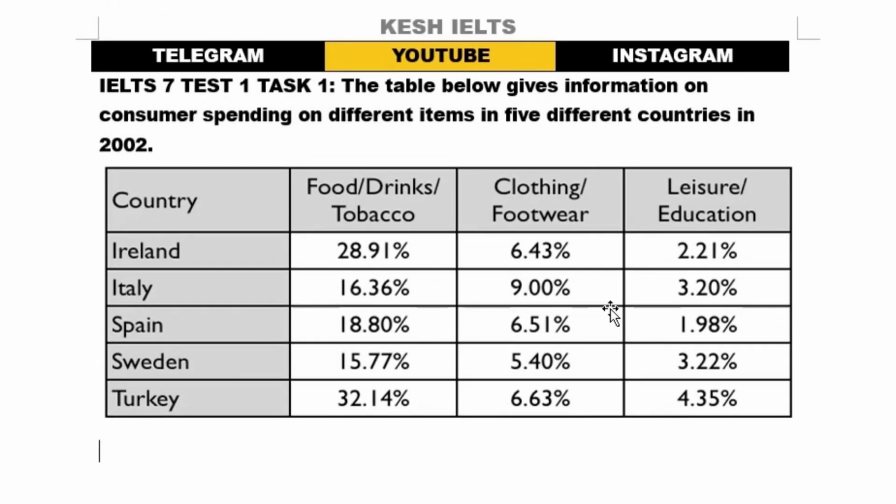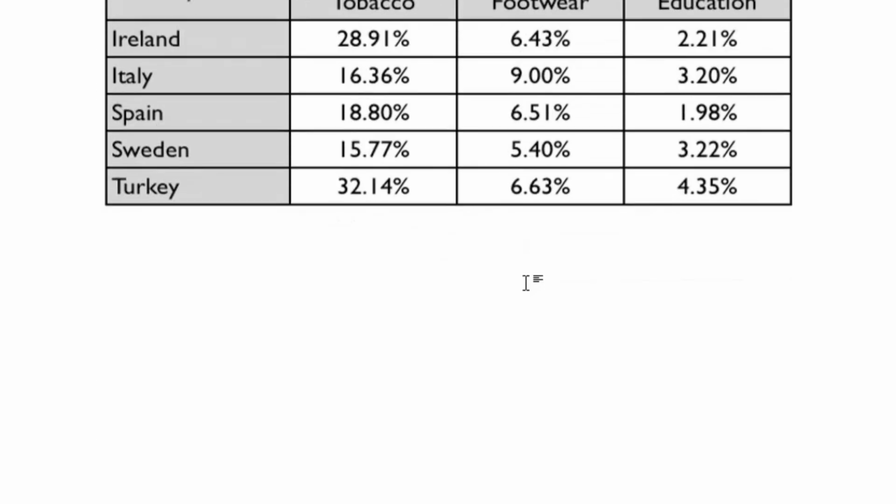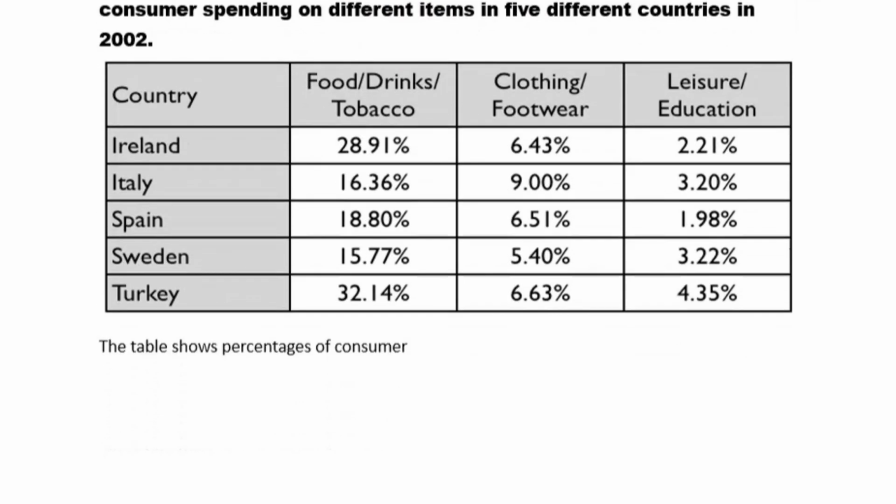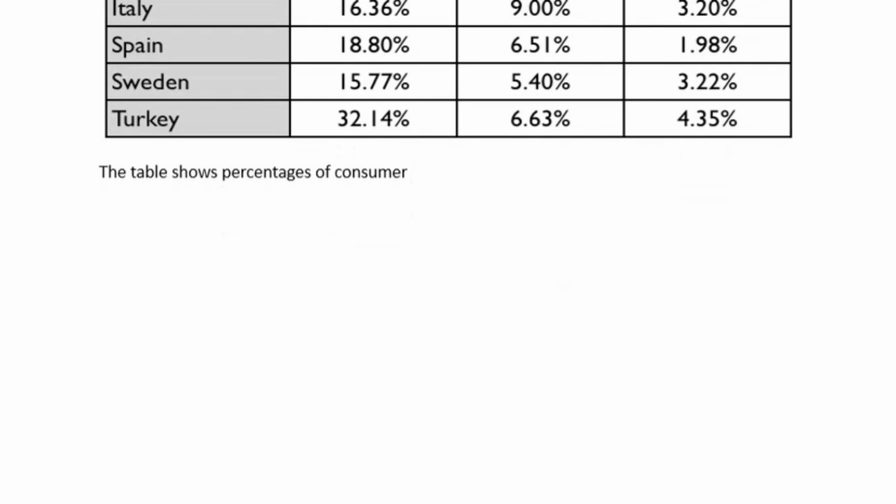I hope you have this table in front of you, so that it would be much easier for you to understand this. So I'm gonna start with paraphrasing the table. The table shows percentages of consumer spending. Let's say instead of consumer spending, because consumer spending is given here, I want to say consumer expenditure